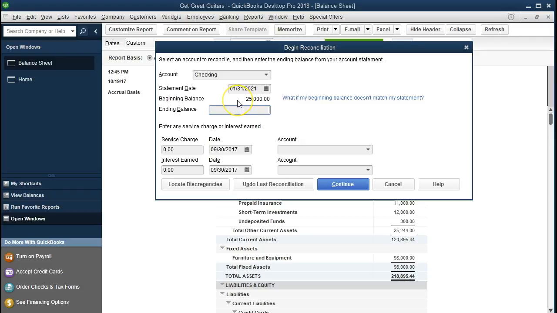We then have this $25,000 as the beginning balance. That's the beginning balance we set in our checking account as we set up the checking account. This is one of those points that if we had not set up this $25,000, we could try to go back in now and set up the beginning balance, that balance being the balance from our prior bank statement, meaning it should be the ending balance on the 12/31/2020 bank statement,